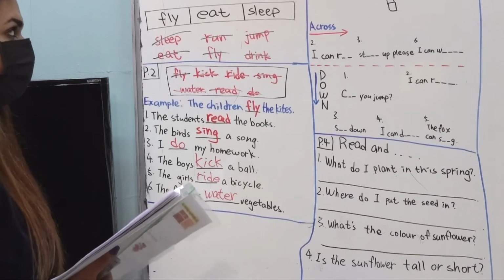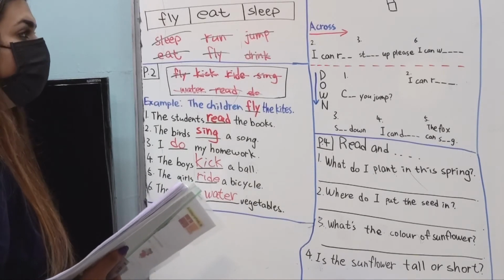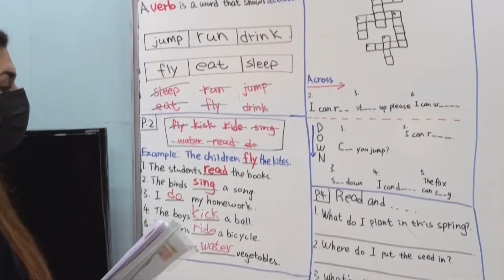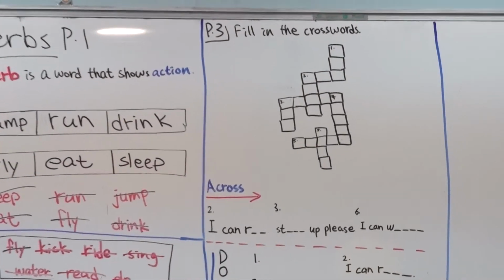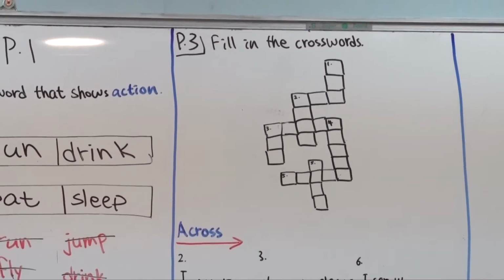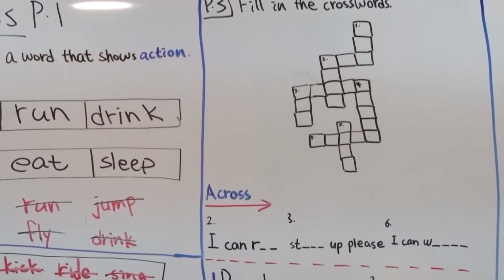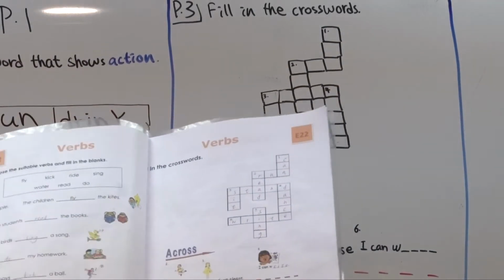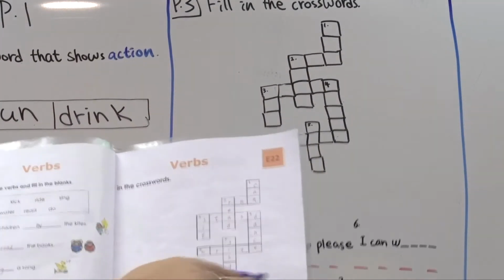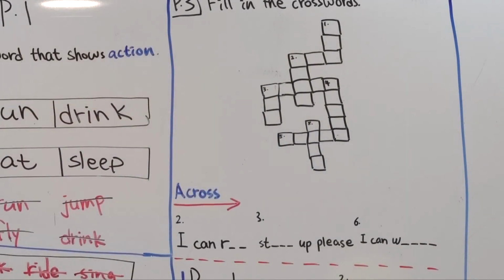All right, let's move on to page number 3. So, page number 3 is, all you have to do is fill in the crossword. But before that, I would like you to look at the lower part of the book, okay? Don't look at here, let's look at here first. I would like you to look at each space. Look at each blank and look at the pictures, and fill in the blanks first, alright?